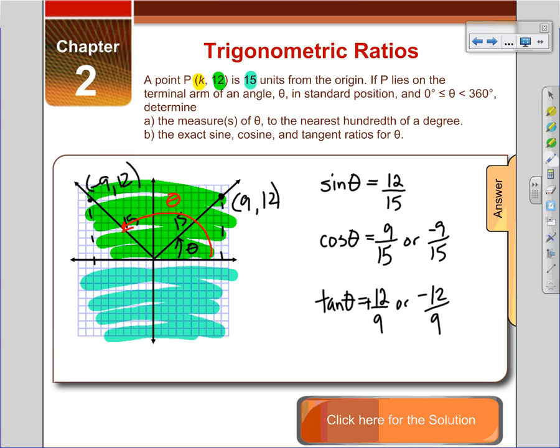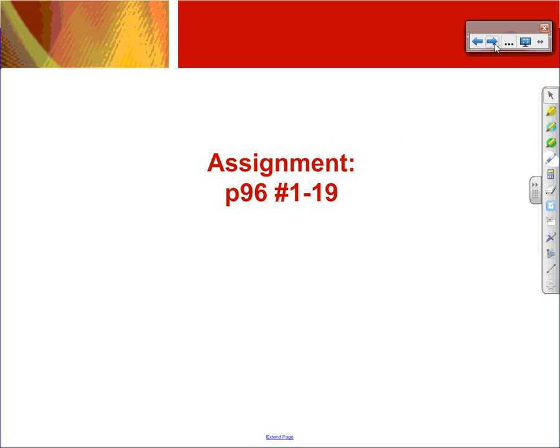Now to find the value of theta, we're going to need to use our calculator. We would use any one of these to find that value. You could simply do 12 over 15, second function sine, and you would get the value. That would be the black theta, and then you'd have to remember that that would also correspond to the reference angle on this side, and you would use that to find the red angle. And so that's the basics of the lesson, and we'll do some more as you work, and you can ask me questions, and we'll work